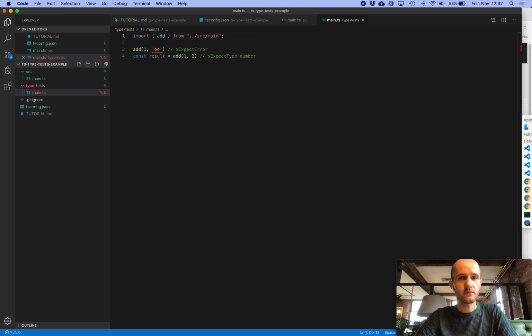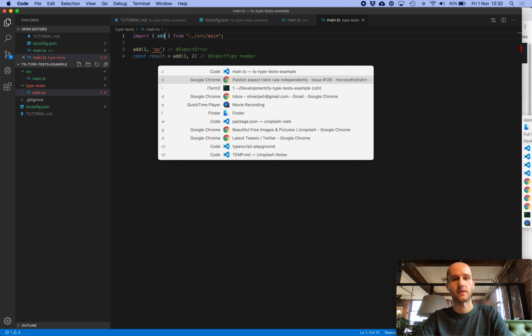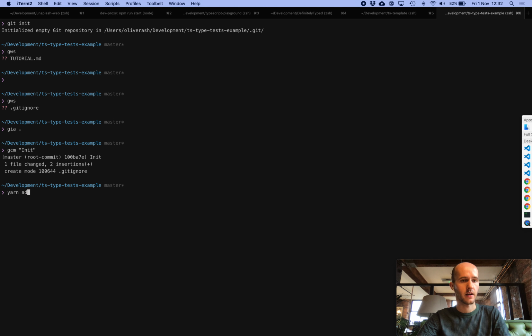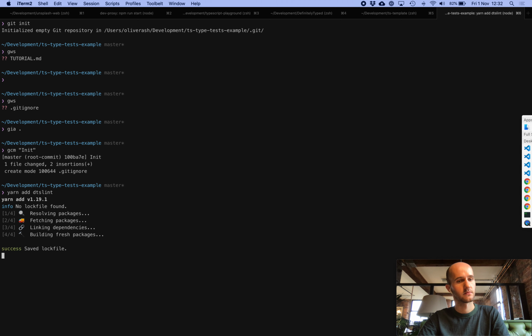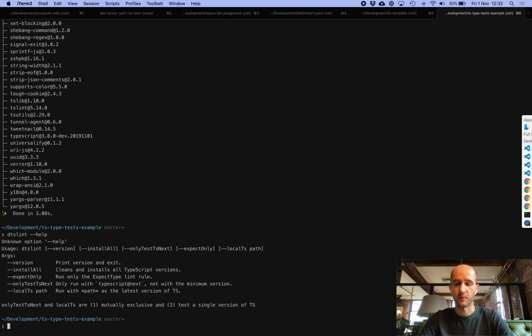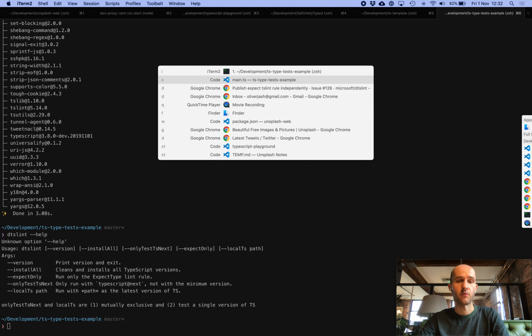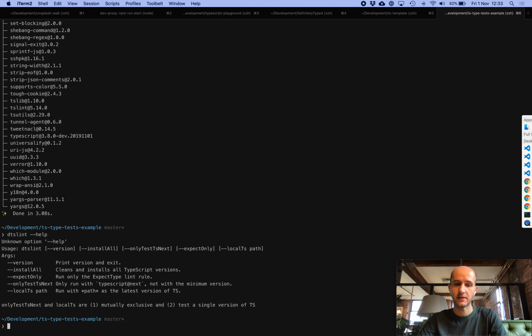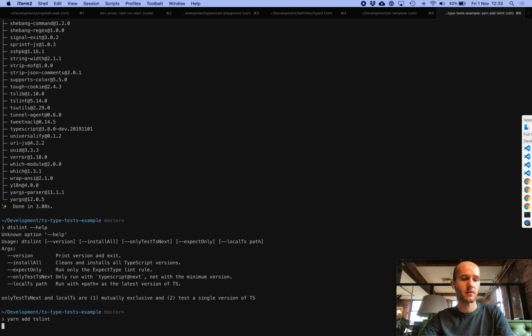So the next thing is to install dtslint. So that's what we'll do. Yarn add dtslint. Okay, so like I said earlier, dtslint is actually its own CLI, but we're not interested in using that because that does quite a lot of things, and we only want to use the expect TSLint rule that it provides. So we're going to install TSLint ourselves,